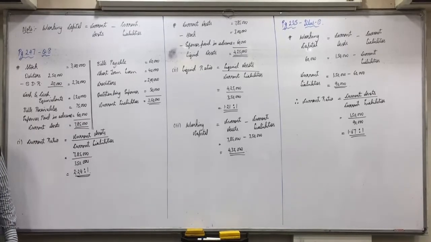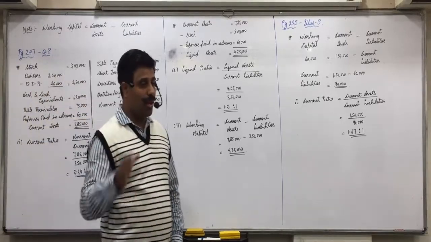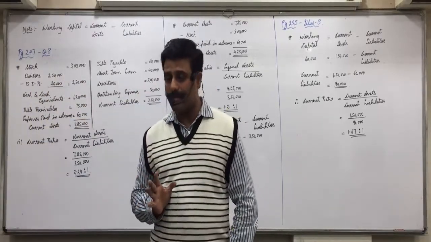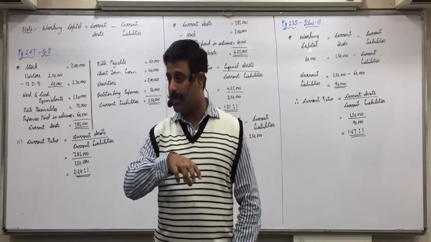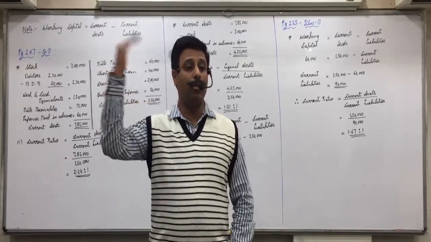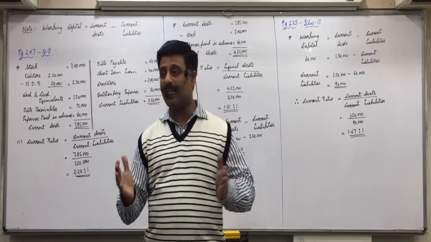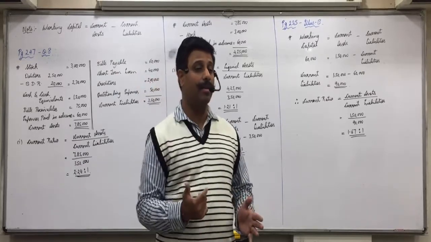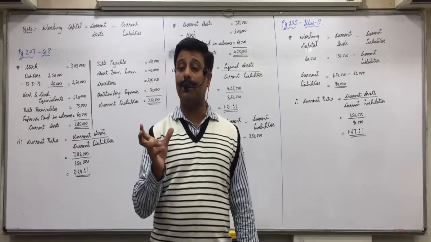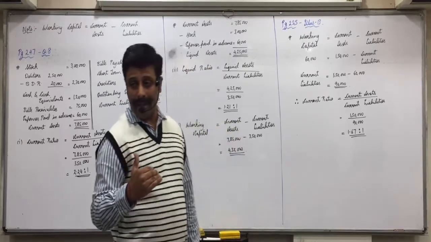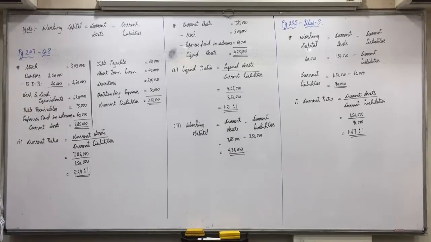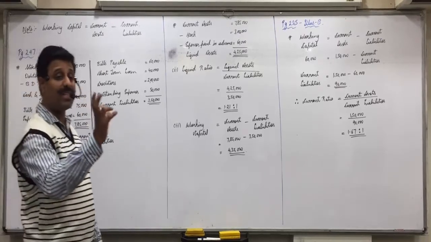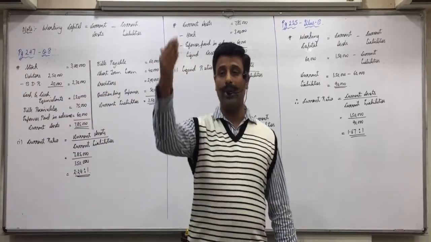Assets upon debt. Assets to debt ratio. So assets divided by debt. It shows how much of assets are purchased by borrowing money from outside. So if you have 10 lakhs of assets and 6 lakhs of debt, it means 60% of assets are purchased by borrowing outsiders' money and 40% of assets are purchased by owner's own investments. So assets to debt ratio basically shows what proportion of assets we have purchased from borrowed capital.